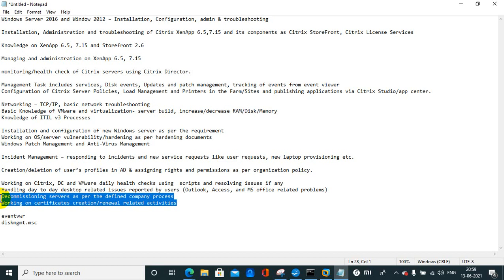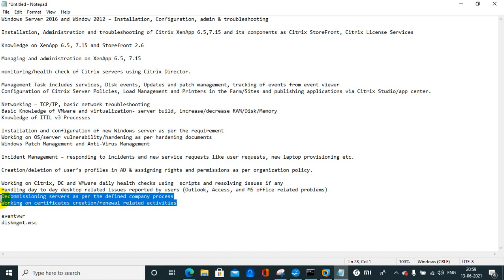And suppose you have shut down the server, and after that you get multiple tickets regarding the application hosted on that particular server, then your first responsibility is to update the server owner or the application owner, and once they confirm to power on the server, you should power on the server.